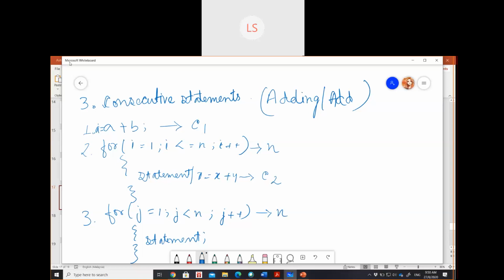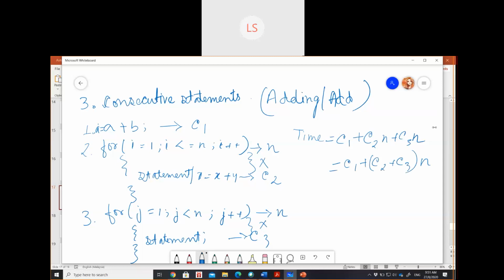Now you are going to add up the individual constants. But for loops, if you remember from rule 1, you multiply. For things inside for loops, you multiply; the rest, you just add. That will be C1 plus C2 plus C3n. So you can just express it as C1 plus C2 plus C3n.